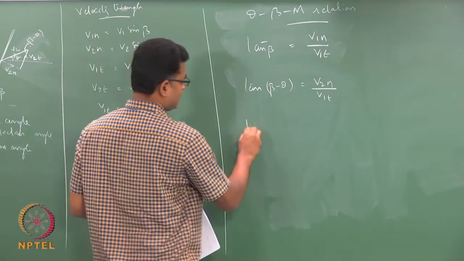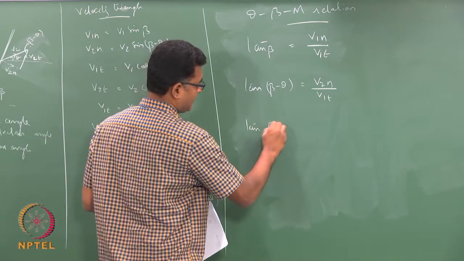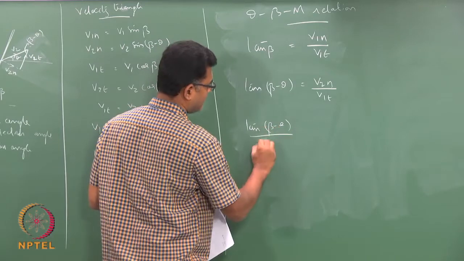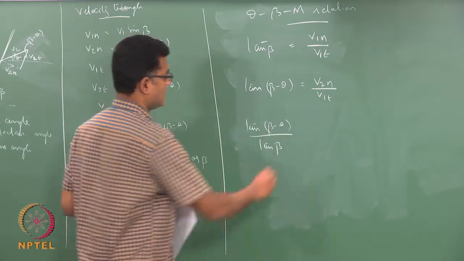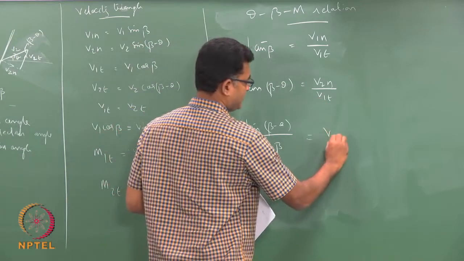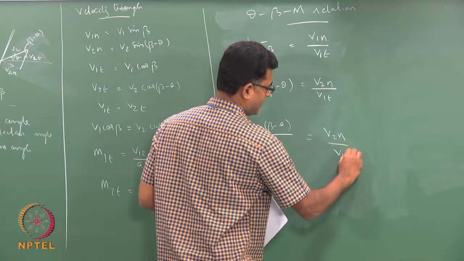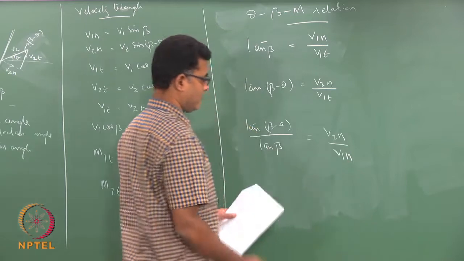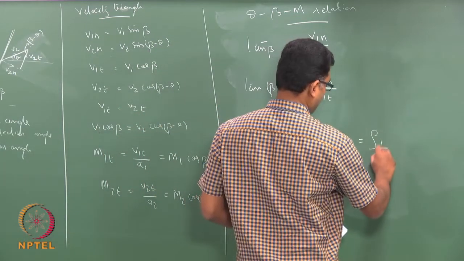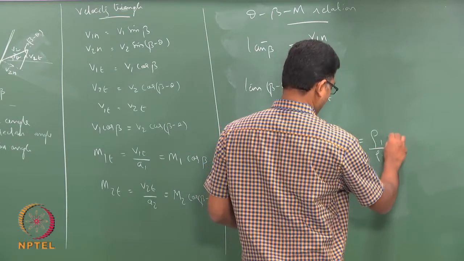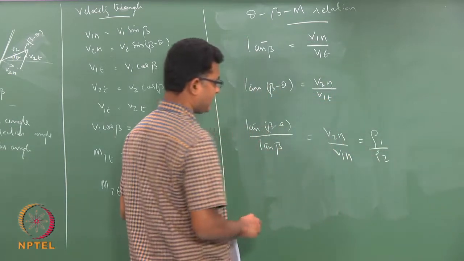So, if I divide these two, tan beta minus theta divided by tan beta is V2n by V1n, which is also my rho 1 by rho 2 from the continuity equation,